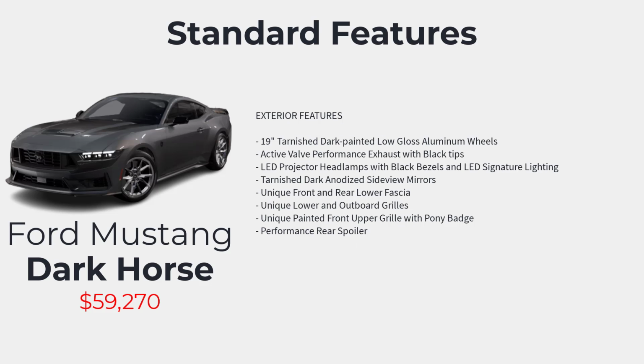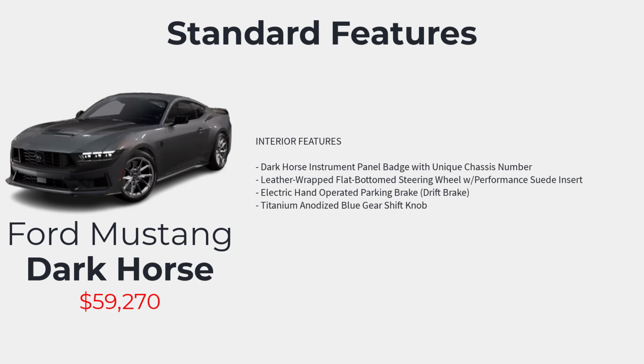badge, 19-inch tarnished dark-painted low-gloss aluminum wheels, active valve performance exhaust with black tips, LED projector headlamps with black bezels and LED signature lighting, tarnished dark anodized side view mirrors, unique front and rear lower fascia, unique lower and outboard grills, unique painted front upper grille with pony badge, performance rear spoiler, Dark Horse instrument panel badge with unique chassis number, leather wrapped flat bottom steering wheel with performance suede insert, electric hand operated parking brake, titanium anodized blue gear